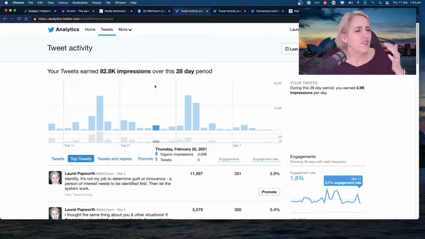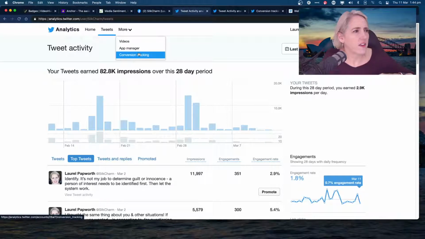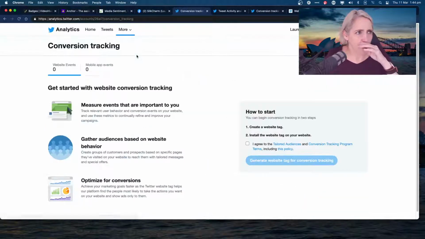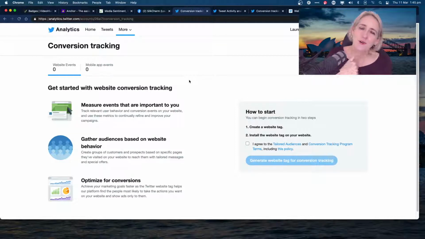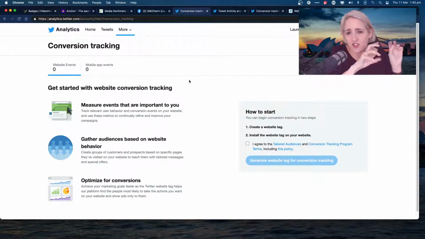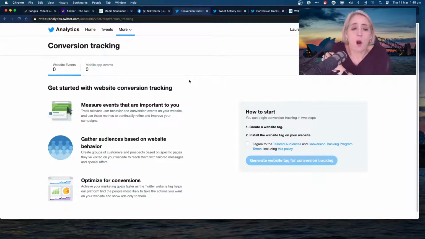What did I want to show you in here? I have a problem at the moment because Twitter's hiding a lot of things, but if I go into, I think it's conversion tracking. I wanted to show this to you because it's similar to the pixel retargeting on Facebook. Now, we haven't covered pixel remarketing, pixel retargeting for universities and colleges in the lecture series yet. And one of the reasons for that is it's changing and dramatically. So although you've added the Facebook pixel to your website and the LinkedIn pixel and the Twitter pixel and the whatever else pixel that you've needed to add to your website so you can track people and then retarget content back to them on those platforms,